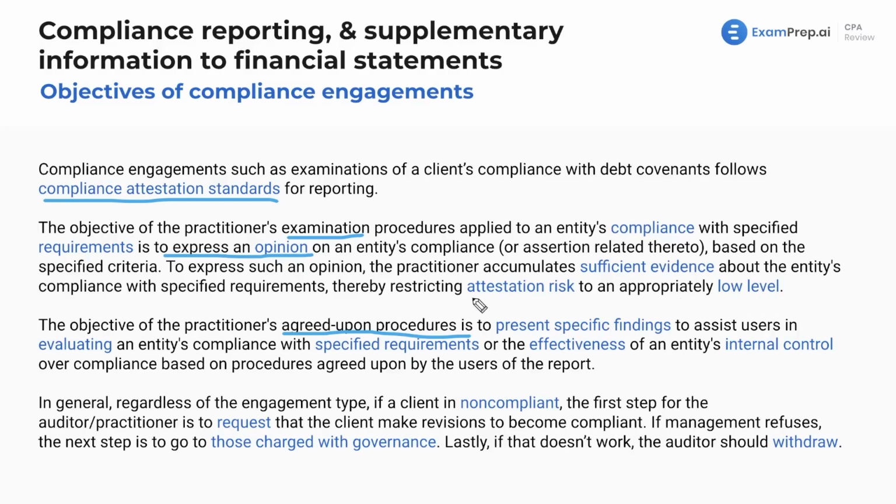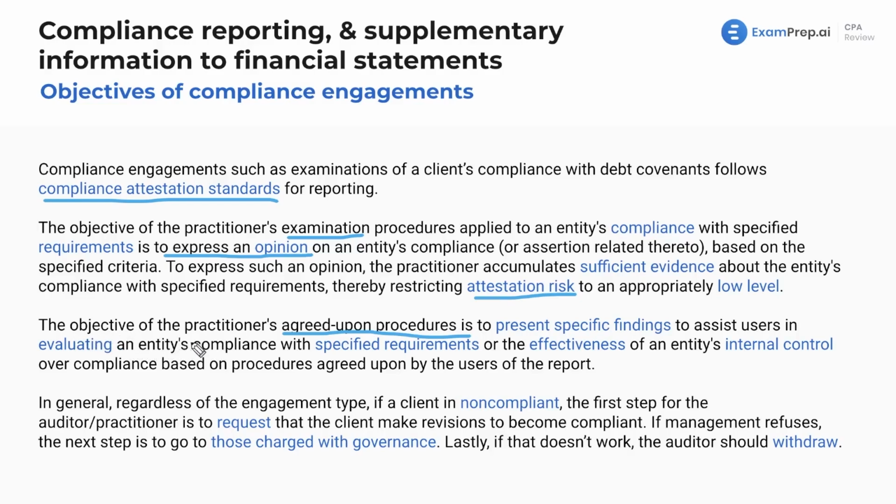As mentioned, we're going to go over this much more in depth later, but essentially, let's think about this for a second. It's similar to this concept of audit risk, right? Which is the risk that you're going to provide an incorrect audit opinion. Think about it like that. This is attestation risk. This is the risk that we will attest to something that is incorrect. Important point to keep in mind.